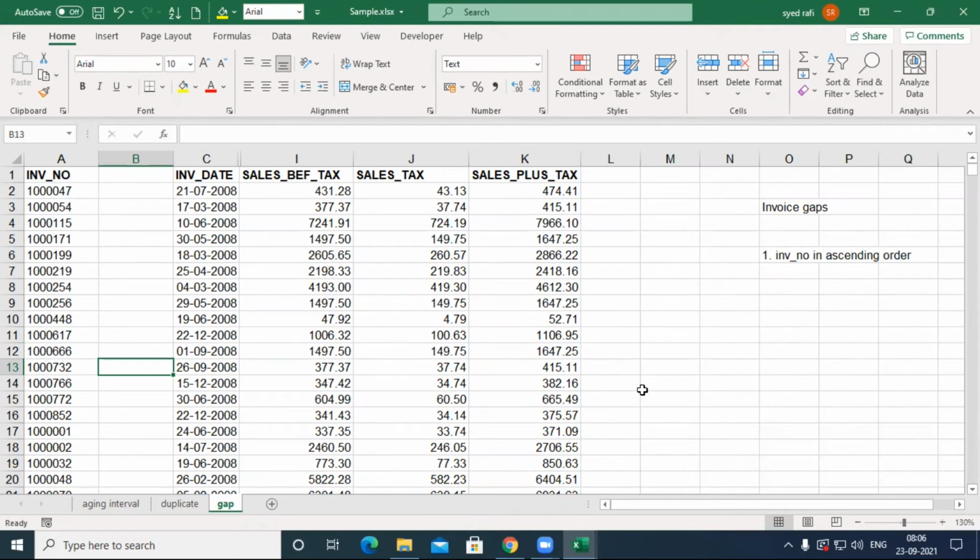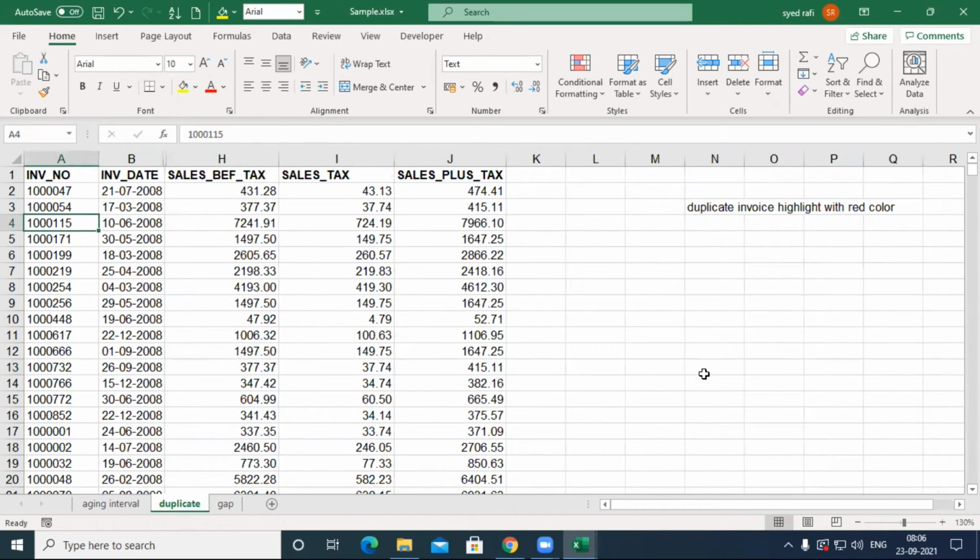If you have any doubt, for duplicate invoices, can we use a pivot table? No, conditional formatting. We use it in our office for GST. Another technique we learned. The answer is conditional formatting.